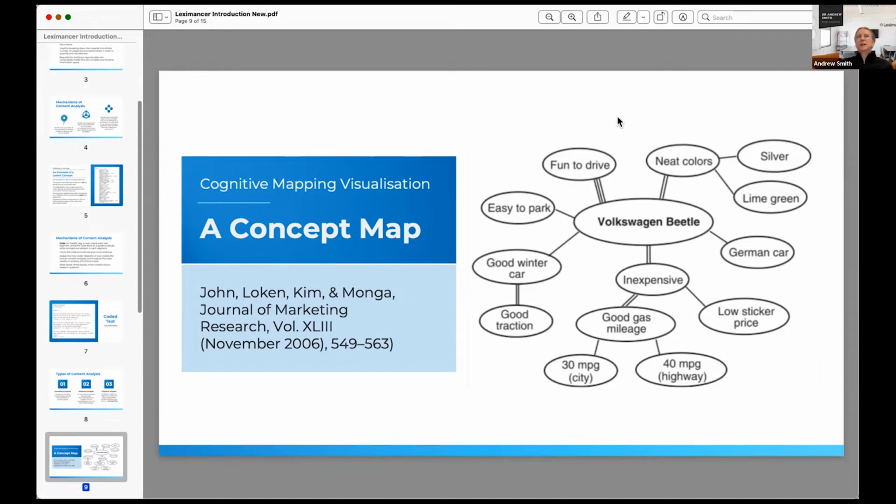Distance. So if you squint a bit and look at this, what do the concepts at the top of the map have in common? And how are they different from the concepts at the bottom of the map? So it's not the fact that one's positive and one negative sentiment. I'm actually really not a big fan of that silly dichotomy.